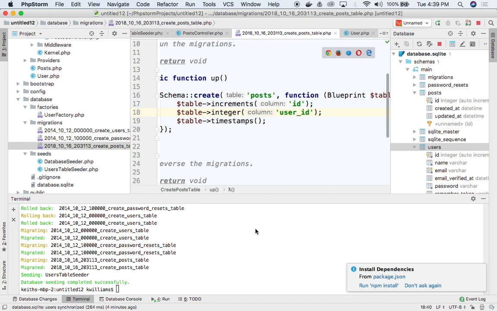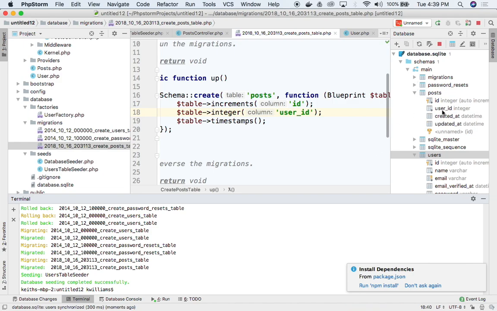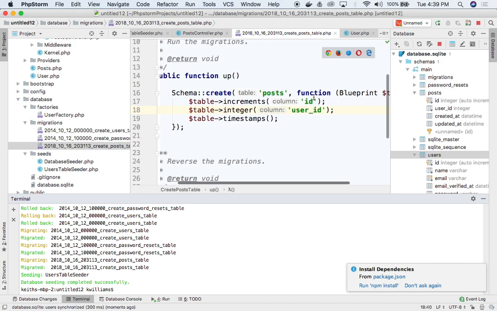So then when I edit the database, what do I have to do now? php artisan migrate. Every time I edit a field, I've got to run the migrate so that it updates the database, so that now when I look inside of posts, it has the user ID field here. All right, now the next thing I'm going to want to do is